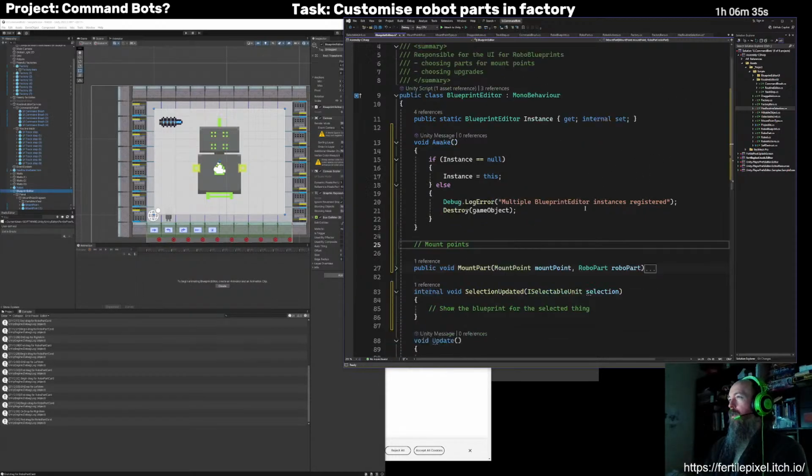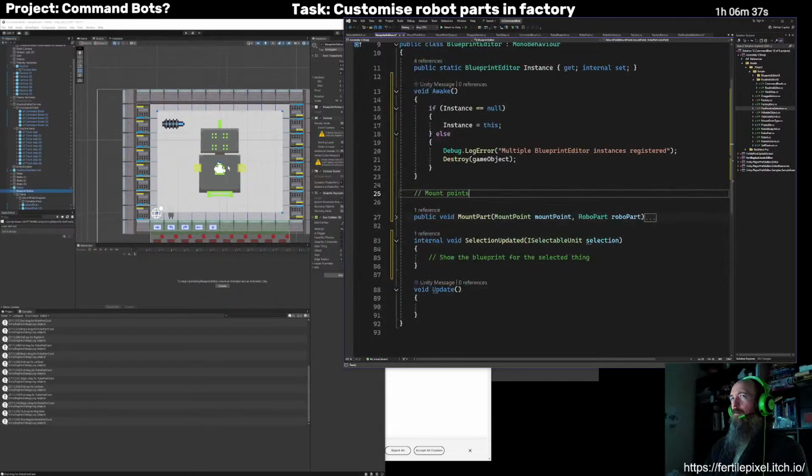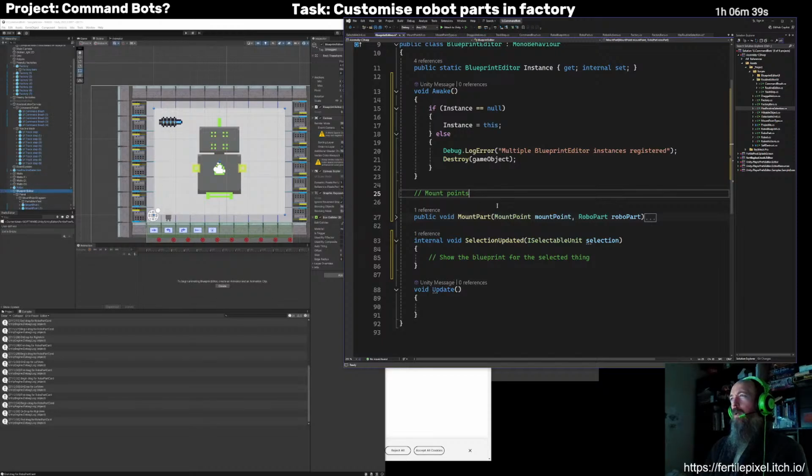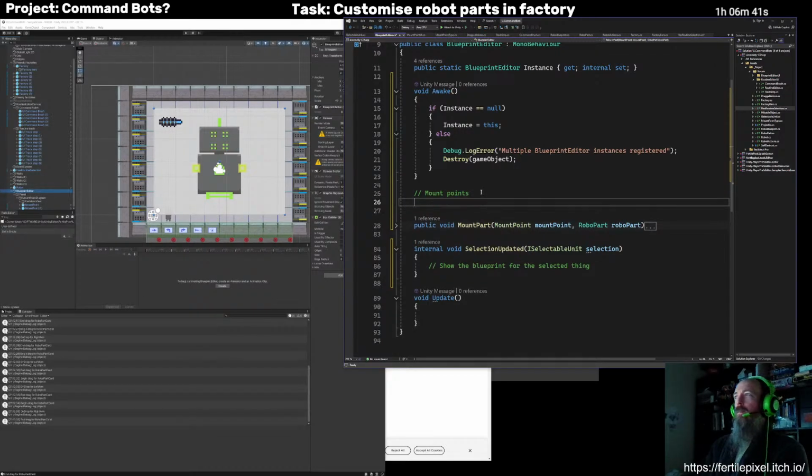And yeah, that could work. I'll probably do that on start.